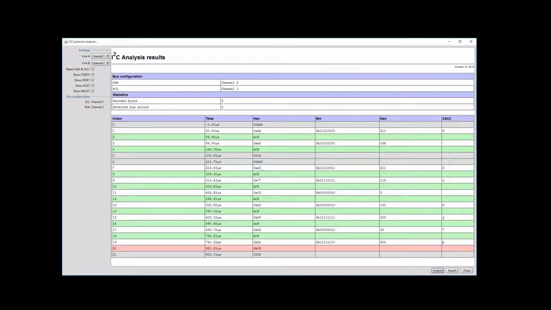So here is a write to device 105 decimal, and remember it's the upper bits. Bits 1 through 7 are the address of the device, and bit 0 is whether it's a read or a write. In this case, it's a write to device